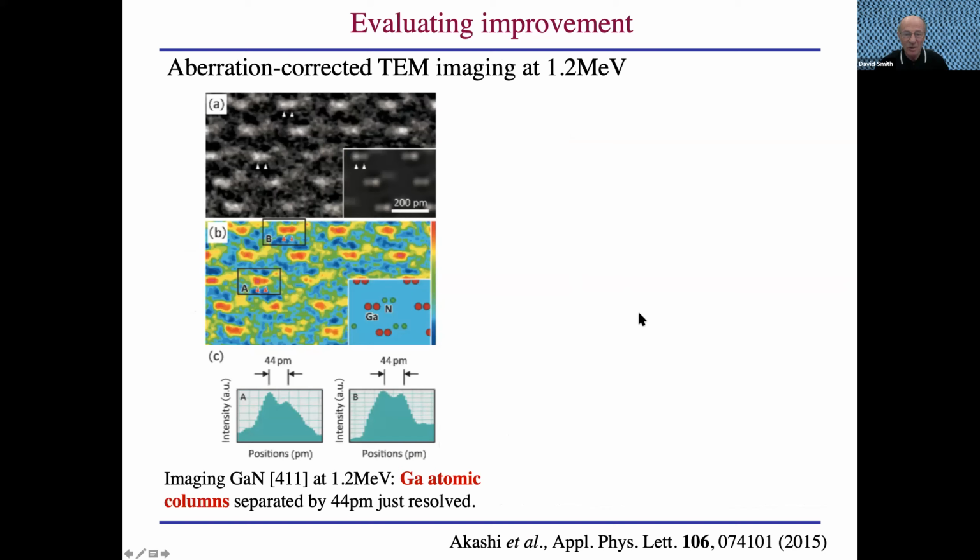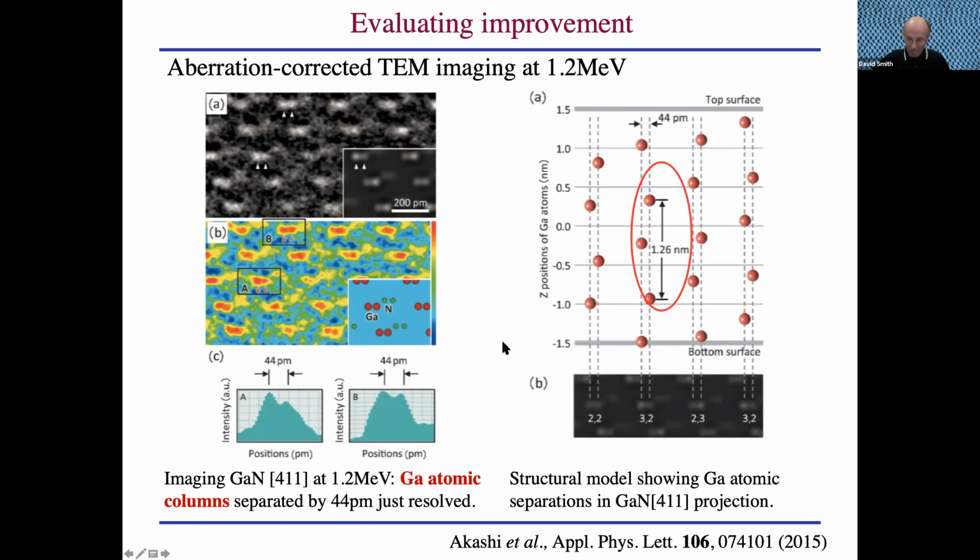Well, this is a result from the aberration corrected 1.2 million volt microscope in the Hitachi lab at Tonomura. And this is gallium nitride again, structure's well known. Here is the atomic structure. Here are the images. And again, if you do a line scan, yes, the peaks are just resolved. But now comes an interesting question,